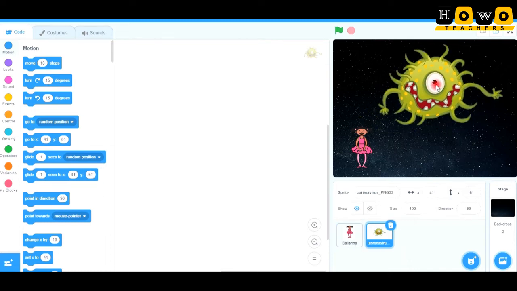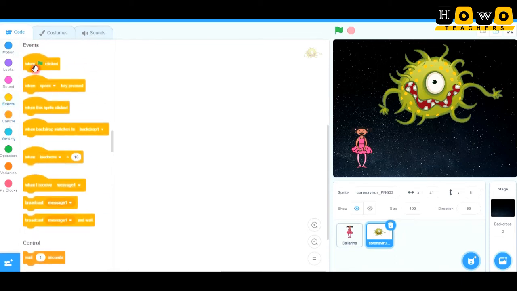So let me tell you how to reduce the size of this virus. Now let us see these. There are many categories given out here: motion, looks, events. I want that whenever I start the game, at that time the size of the coronavirus should decrease.